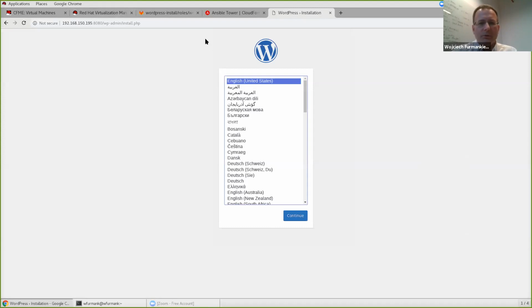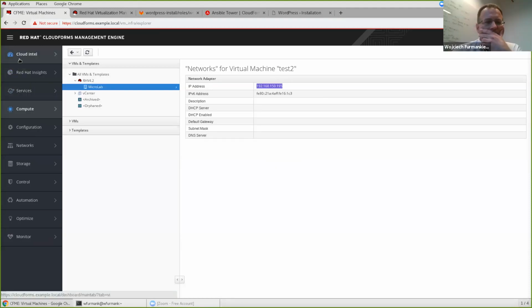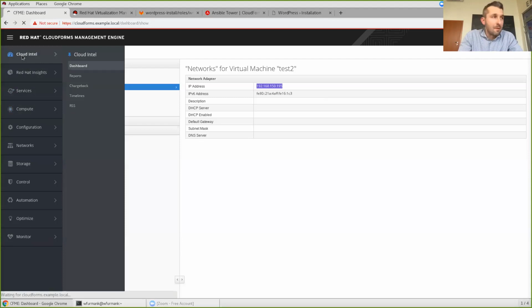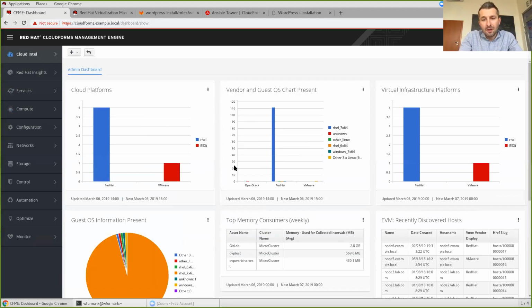We have WordPress working. So we can imagine that if we have a complex environment from, let's say, the development perspective or QA perspective, we can easily schedule a service that is related to 10 or even 12 VMs, and every VM can be pre-configured and ready from the service layer perspective, yes?